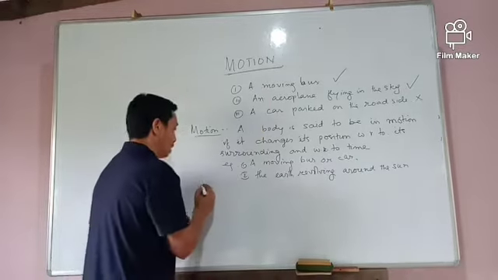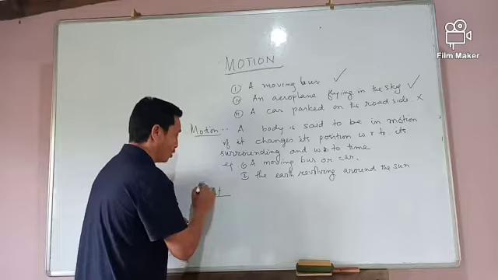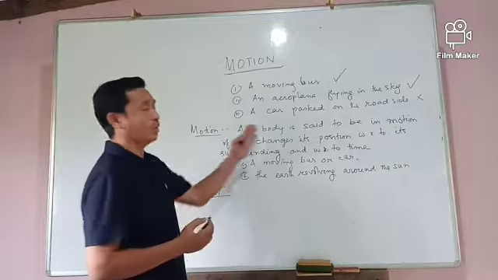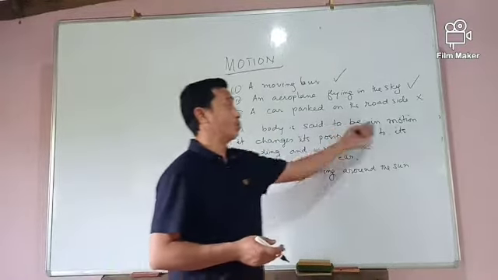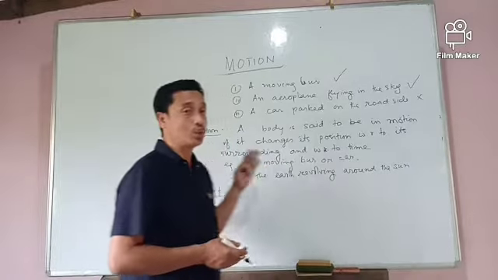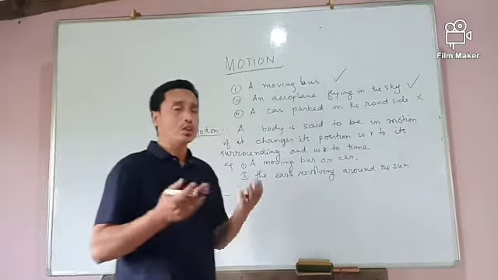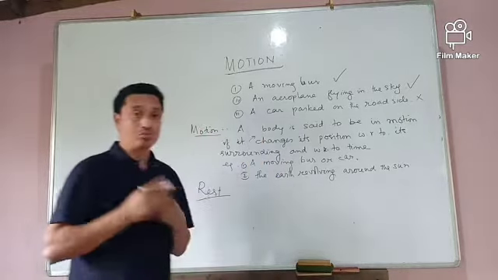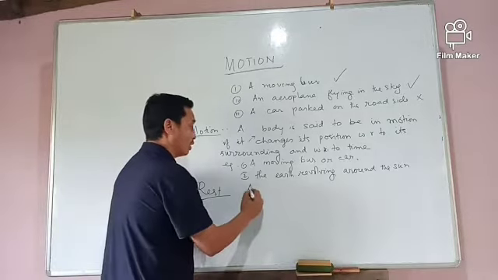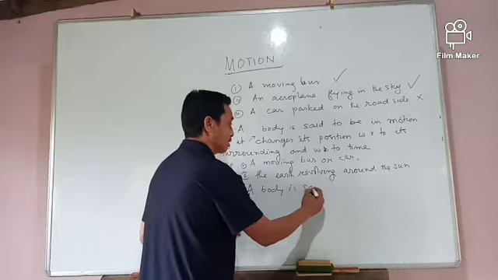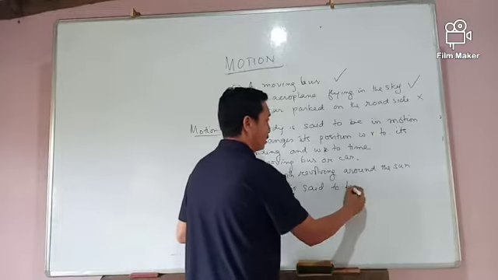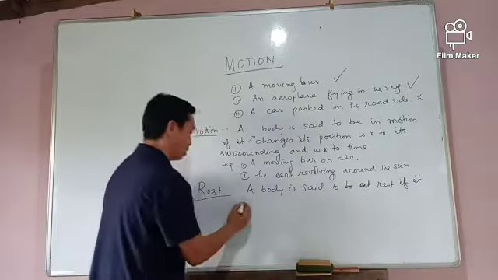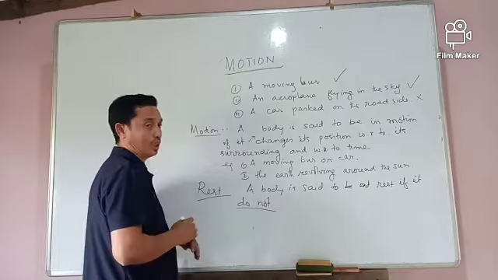Okay, now comes another term, rest. What is the opposite of motion? Motion is the opposite of rest. So then what is rest? Just the opposite. The definition of motion is that a body is said to be in motion if it changes its position with respect to its surrounding and with respect to time. It is just the same, but if it does not, a negative term is added. So a body is said to be at rest if it does not,